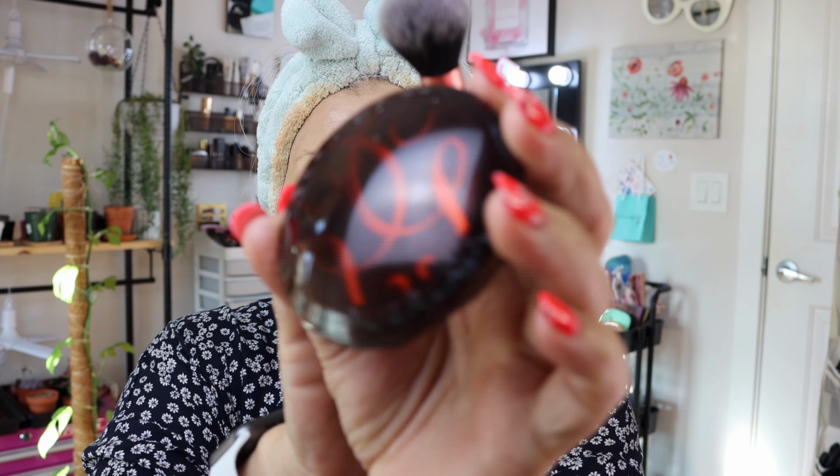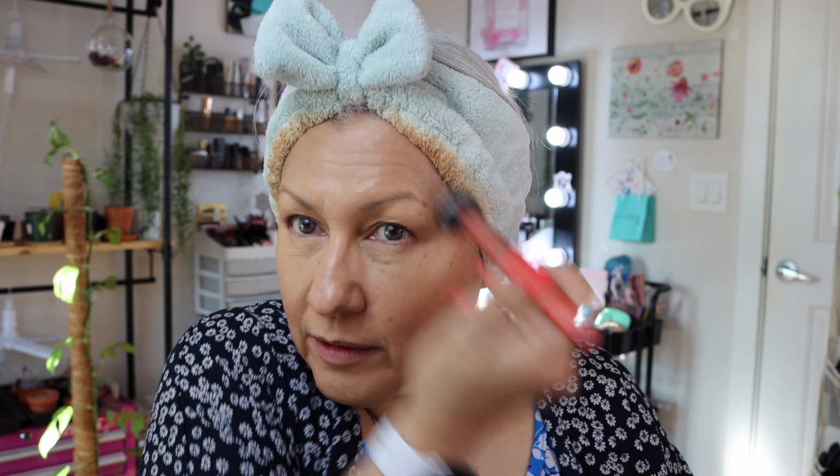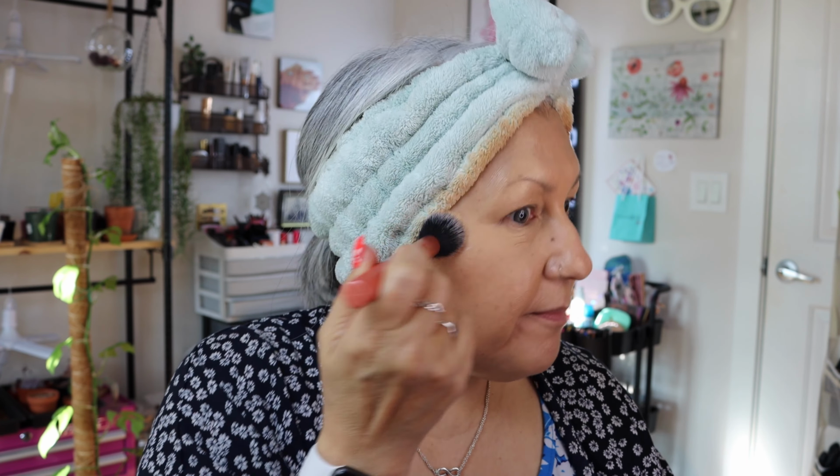And what I love about this one is that it doesn't pick up a lot of pigment. And, you know, I hate it when I see people with these splotches of brown. It should look natural, not like you just put a bunch of splotches on your face. So I like to do that. And anyway,